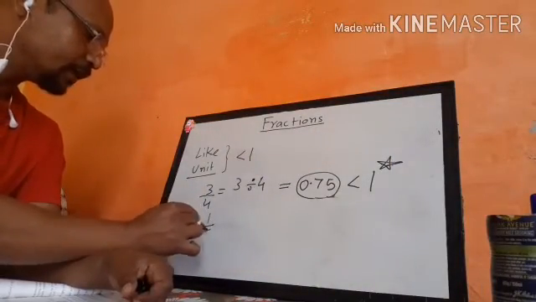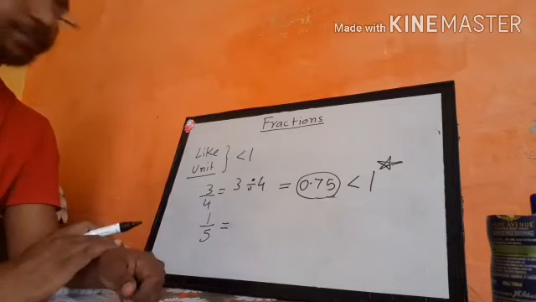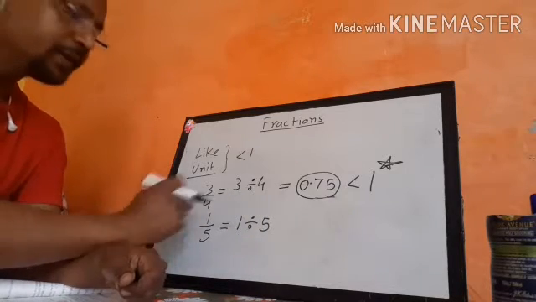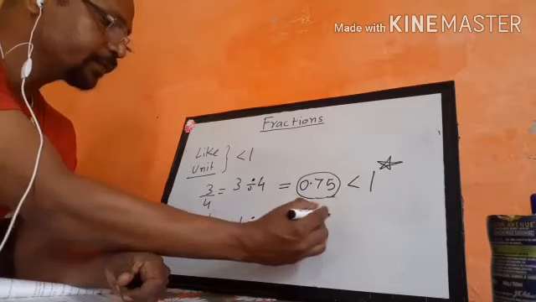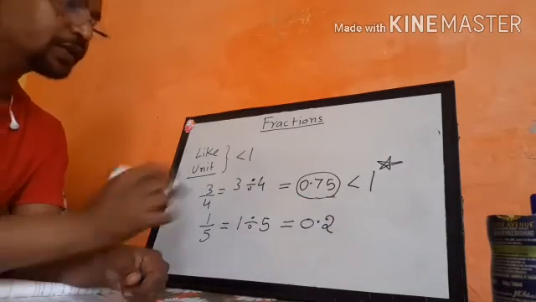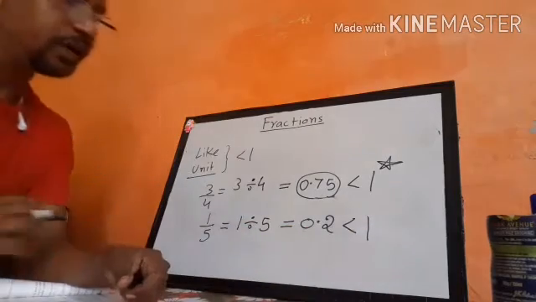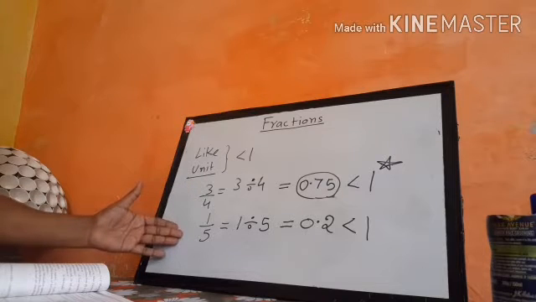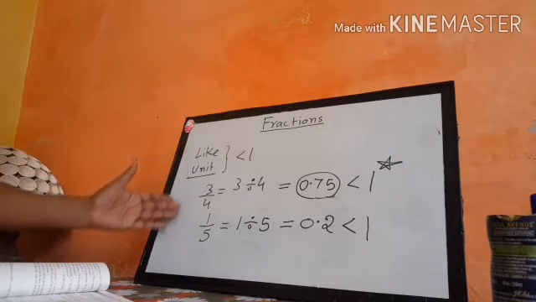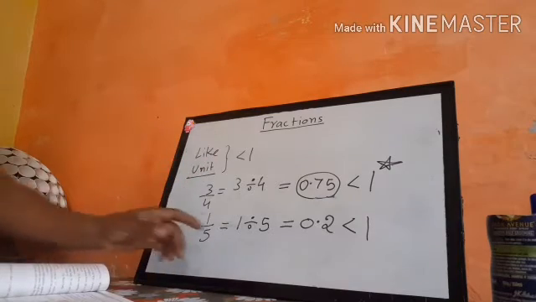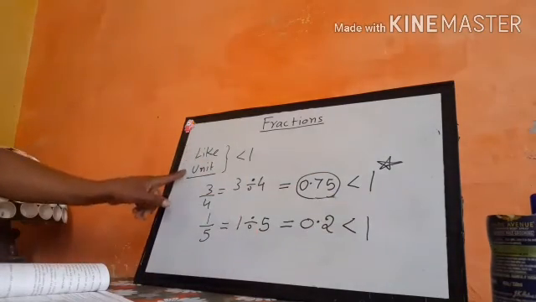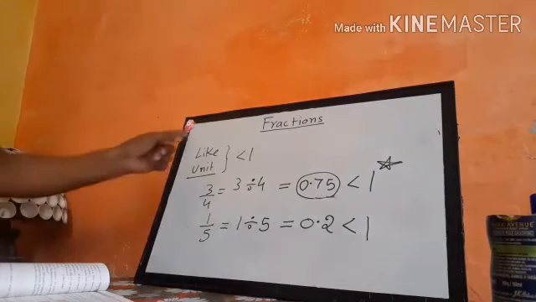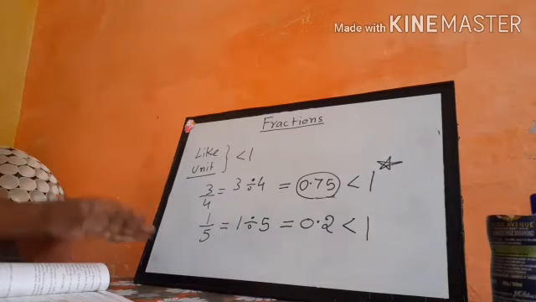It is a key point, so keep it in your mind. Secondly, unit fractions. They can also be written in the form of division, 1 divided by 5. So here the value is 0.2. You can also see it is less than 1. Why am I telling you these things? Because these things can help you draw like and unit fractions on a number line. Keep in mind that the values of like and unit fractions are always less than 1. So how do we represent these like and unit fractions on a number line? Let's see.